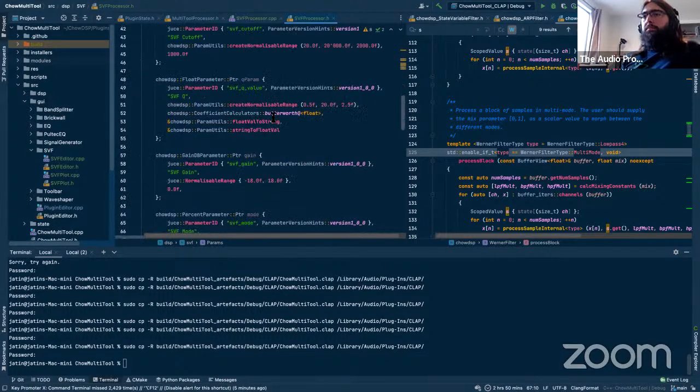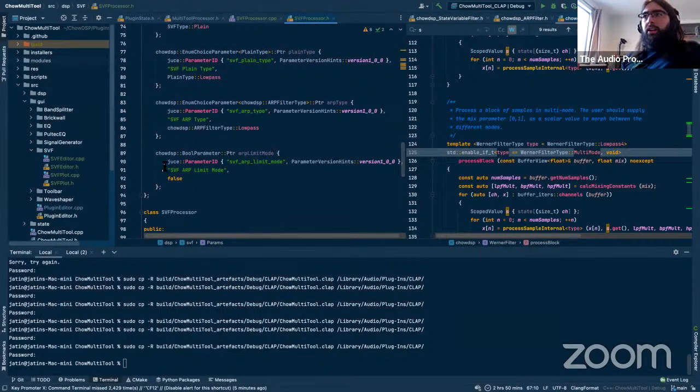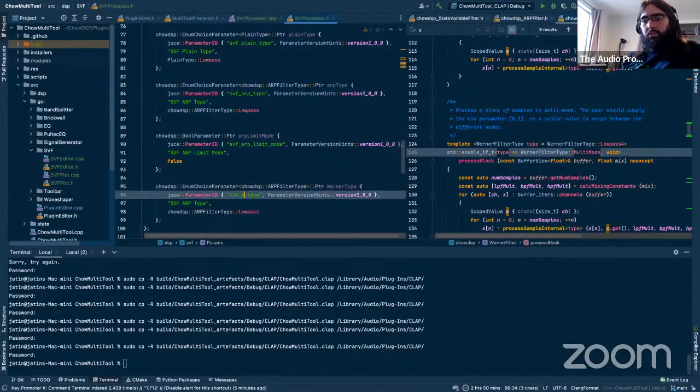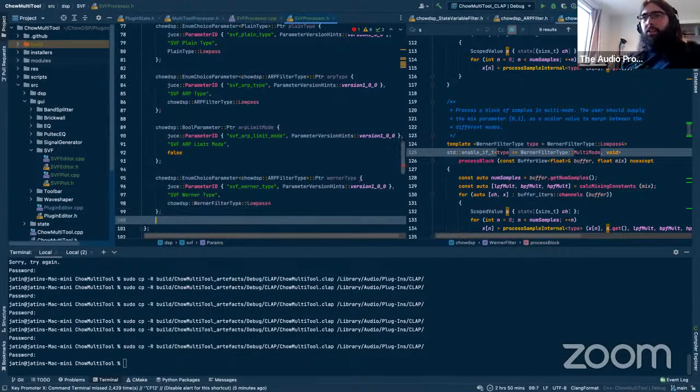So let's see. Let's do arc type and make a copy of this, and this will be inner type. I wonder if I should ask Kurt for his permission before naming this thing after him. Or maybe he's okay with it. Let's see. Werner filter type, and we'll do low pass 4 as the default. And then